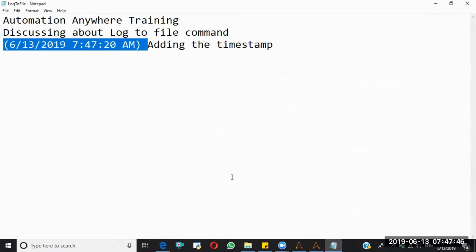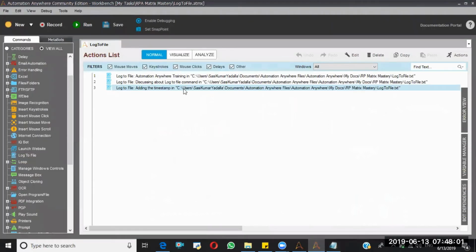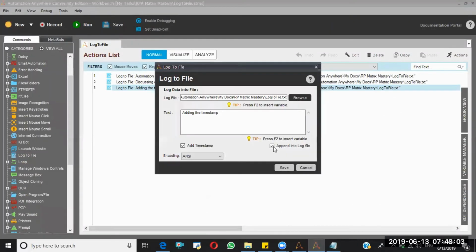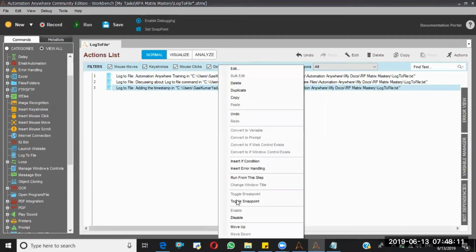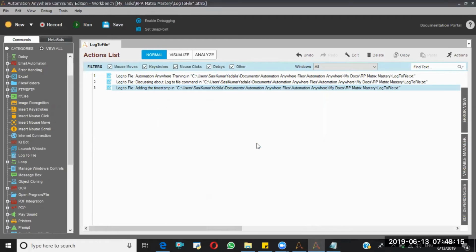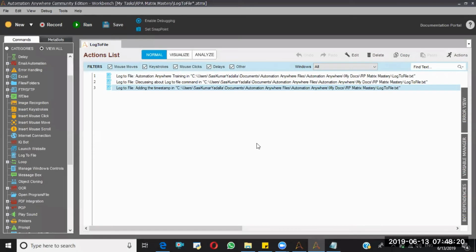But in some other situations, your requirement is that all the time you need to maintain only one value in the log file. Just at that time, simple: if you remove this Append to log file option and run this, all previous data will be removed and only the latest data will be placed here.